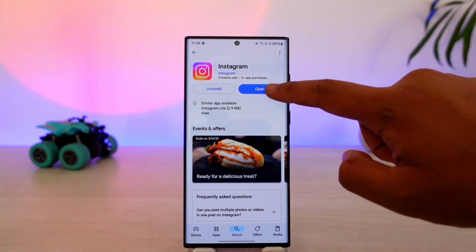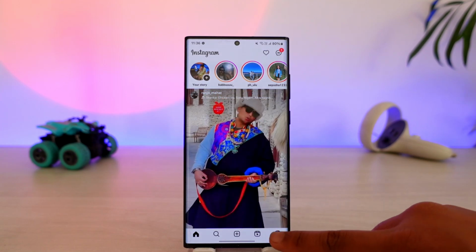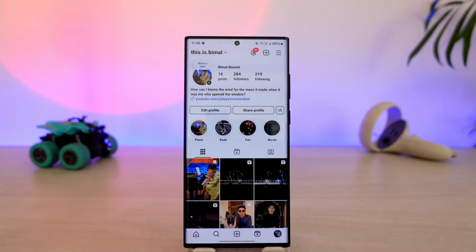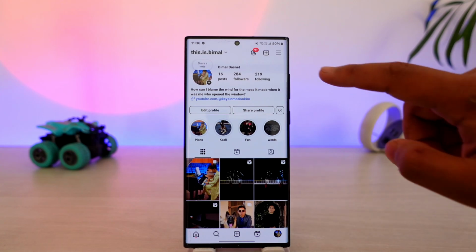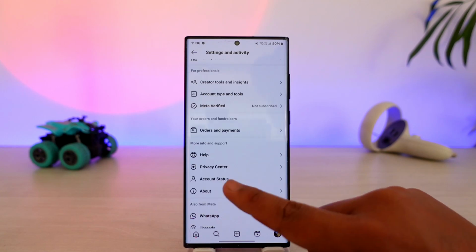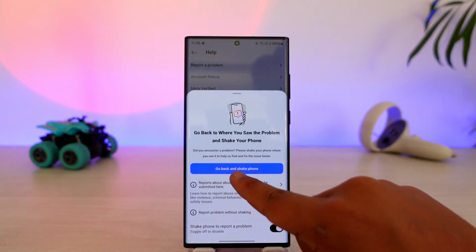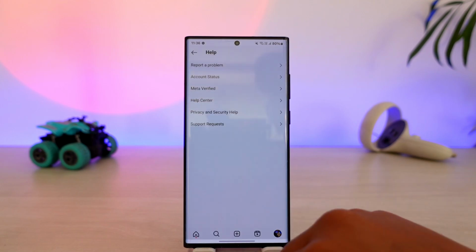If it is still not helping you solve it, make sure that your internet connection and everything is working fine. Otherwise, the last solution that you have is to simply report the problem to Instagram. Come to your profile page, tap the three lines option from the top right, and you can simply go to the help section by scrolling down, tap on report a problem, go ahead and then select report a problem button right here,